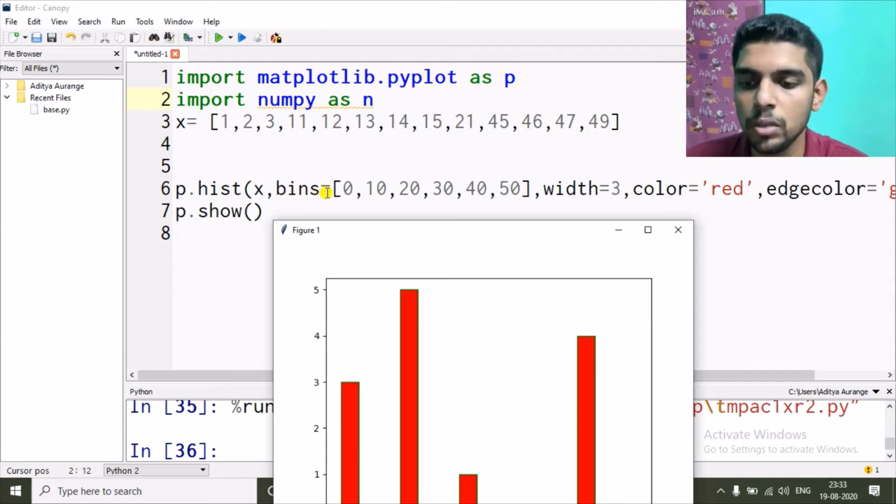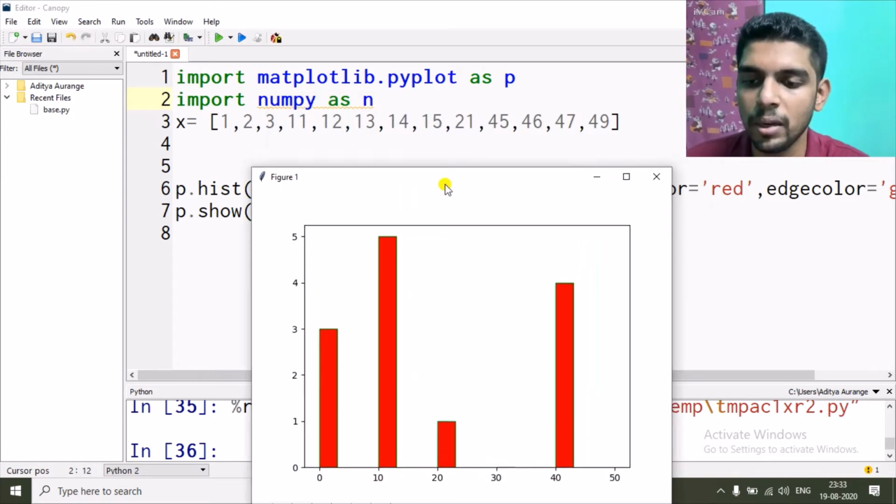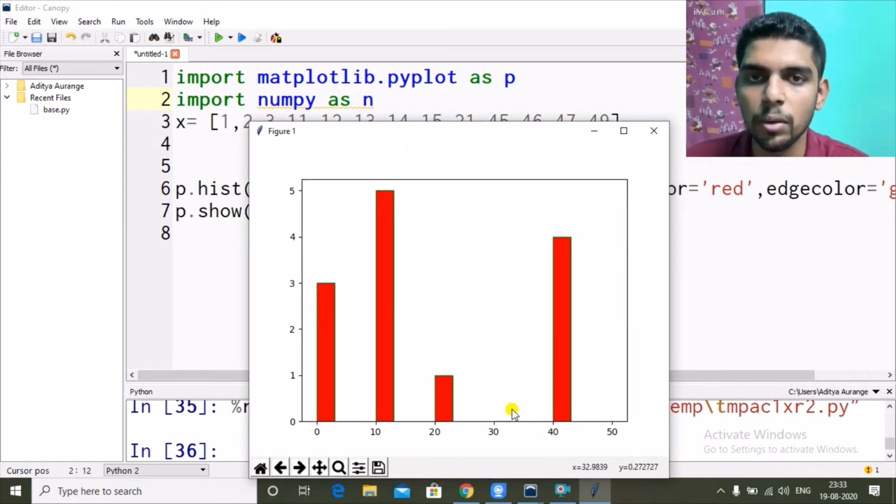Bins equal to 0 to 10, then 10 to 20, so 0, 10, 20, 30. So between each, how many values are coming? Between 10 to 20, how many values are there? 5 values: 11, 12, 13, 14, 15. 20 to 30 only 1, 21. 30 to 40 nothing.